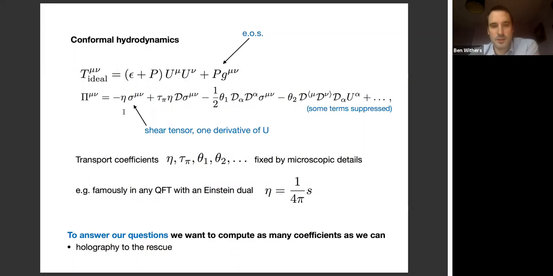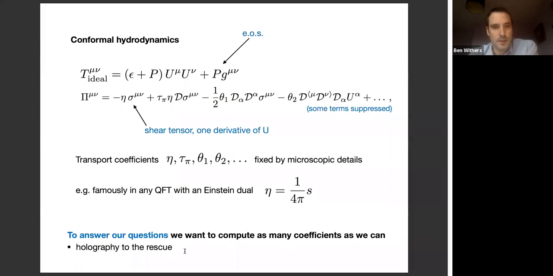So we'll fix our attention on a specific observable in which we can compute many orders in the gradient expansion. And to do that, we also need to know the microscopic theory, since each of these transport coefficients will be fixed by some microscopic theory. So this turns out to be particularly straightforward if you pick holographic theories with Einstein duals. So then what we're really talking about are the properties of black holes. And in this context, it is relatively easy to compute for specific quantities a very large number of orders in this series. So holography to the rescue.